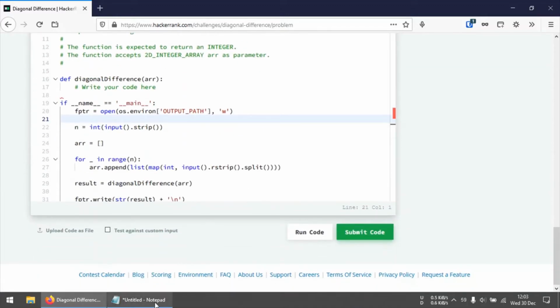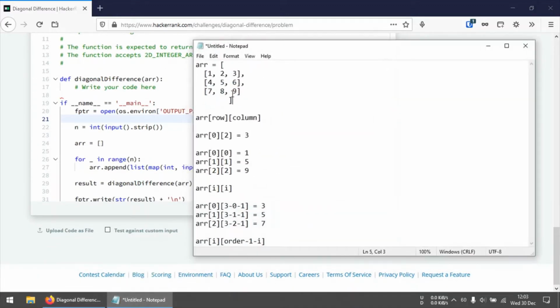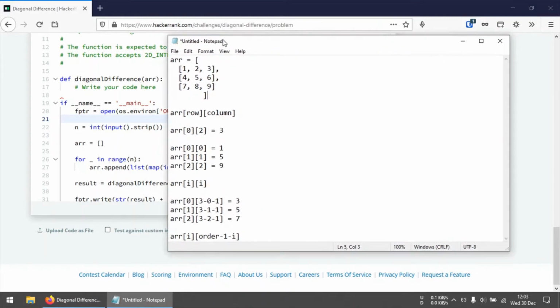And before going with the code, you need to know how a matrix is represented in Python. If you know this already, you can skip this part. If not, a matrix is nothing but a two-dimensional array. So in this array, there's a main array which contains the rows of the matrix, and within each subarray, the elements represent the elements of the specific row.